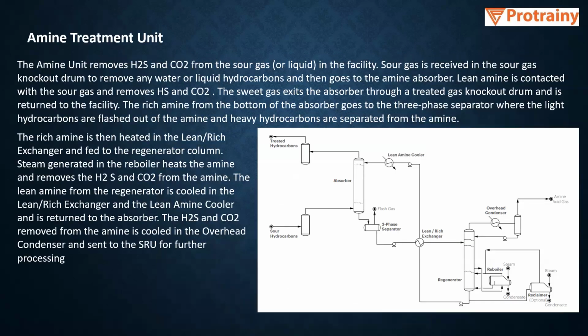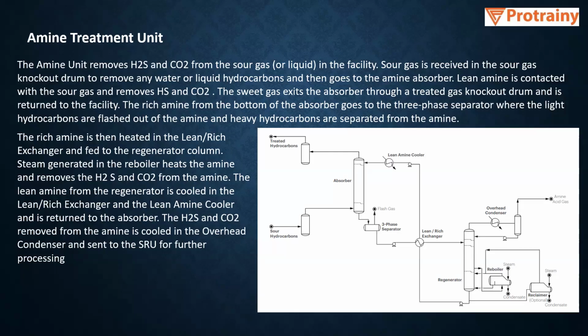In the amine treatment unit, we remove the hydrogen sulfide and carbon dioxide from the sour gas or liquid. The sour gas or liquid is passed through an absorber, or contact column, and the lean amine is put in from the bottom or maybe the top. This lean amine absorbs the hydrogen sulfide and carbon dioxide, and then the lean amine becomes rich amine, and the rich amine goes to the sour water